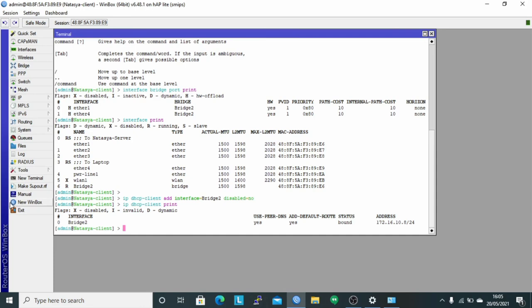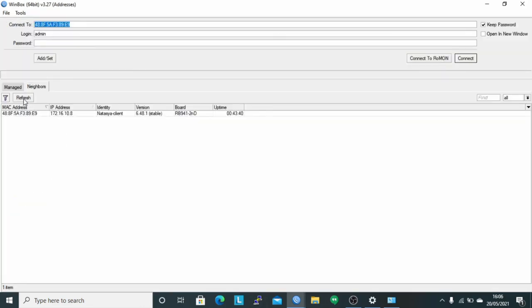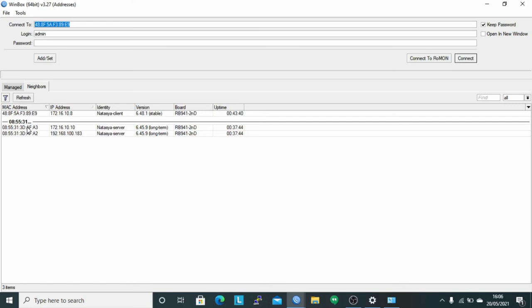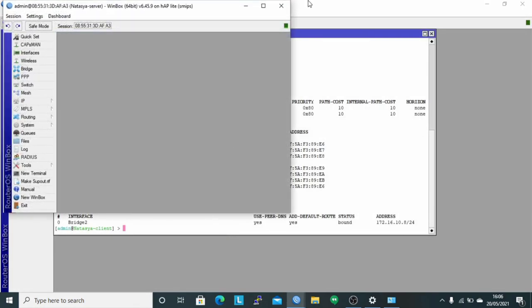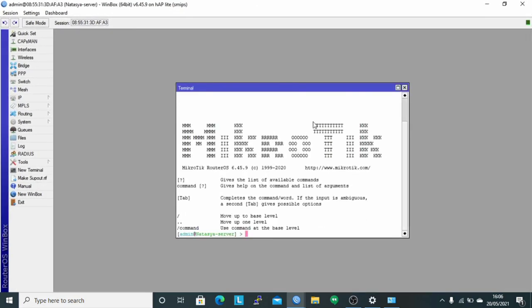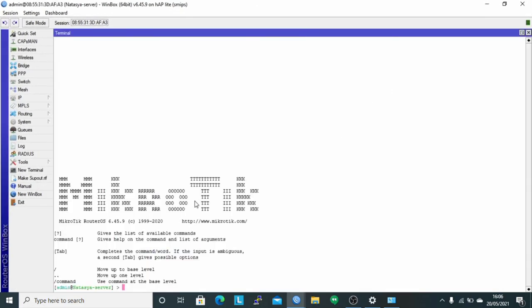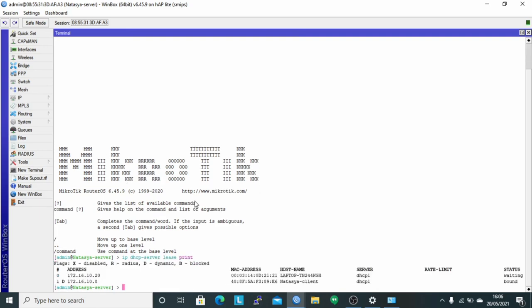And then we'll move to the router server again and check the DHCP server list print, how to check the client connected to the server. Check with the command IP DHCP server list print. It can be seen that the address 172.16.10.8 is connected to the server.